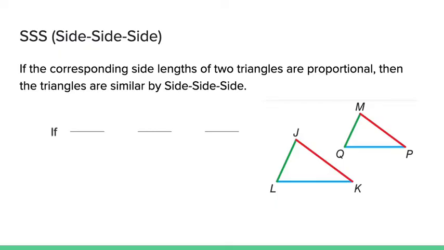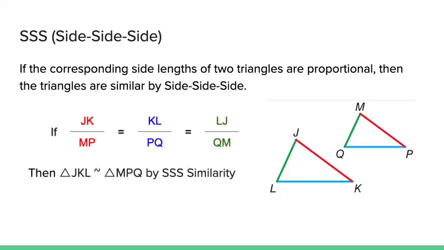Three ratios. If JK over MP is equal to KL over PQ. Notice in the diagram, we're looking at ratio of corresponding sides. And if that ratio is equal to LJ over QM,